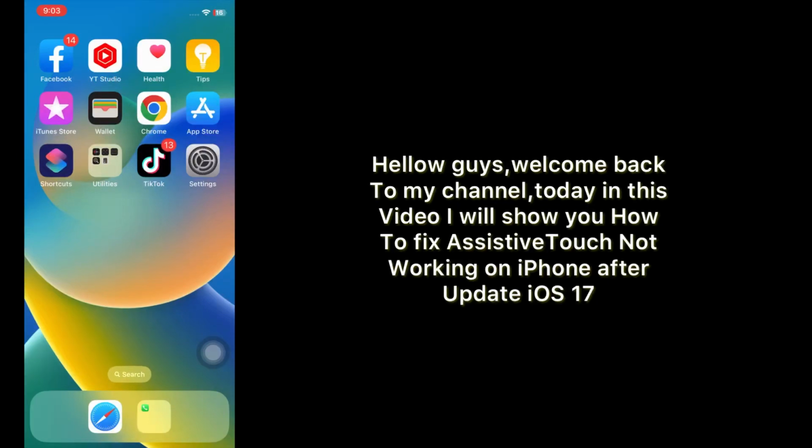Today in this video I will show you how to fix Assistive Touch not working on iPhone after update iOS